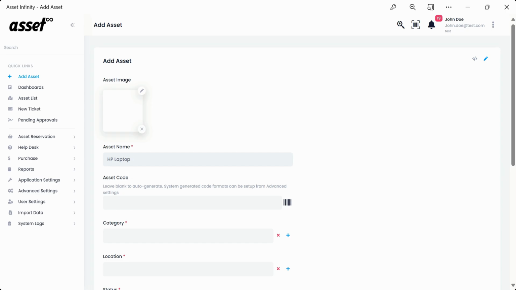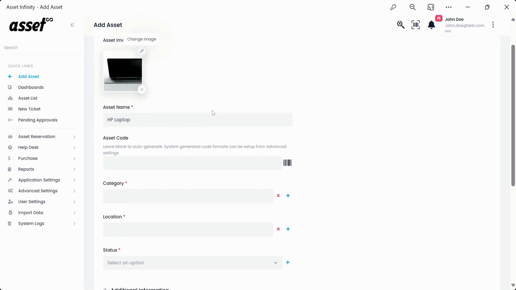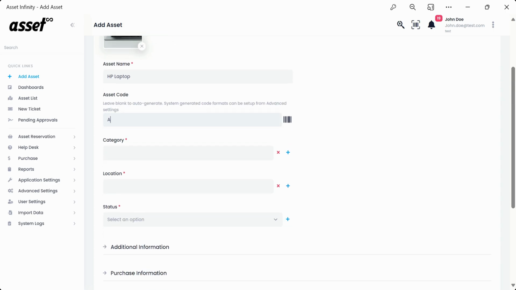We'll start by filling in a dummy asset name as HP Laptop and uploading a dummy image. Next, we'll move on to the Asset Code field. Although it's an optional field, you may fill in a desired asset code as required or mandated by your organization, as demonstrated here. You may also leave the field blank for the asset code to get generated automatically once the